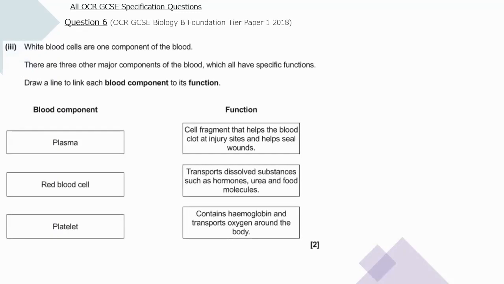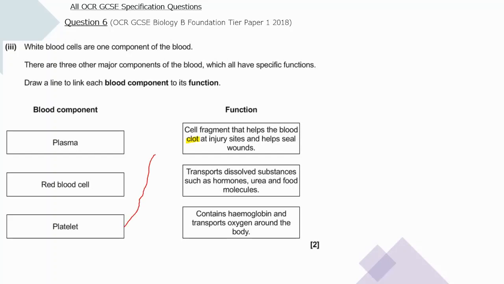Question 6. White blood cells are one component of the blood. There are 3 other major components of the blood, which all have specific functions. Draw a line to link each blood component to its function. So we've got blood components plasma, red blood cell and platelet. So we know from our content today that platelets do in fact help the blood to clot. So we can see at the top here it says cell fragment that helps blood to clot at injury sites and helps seal wounds. So we know that platelet does in fact do that, so we can join those 2